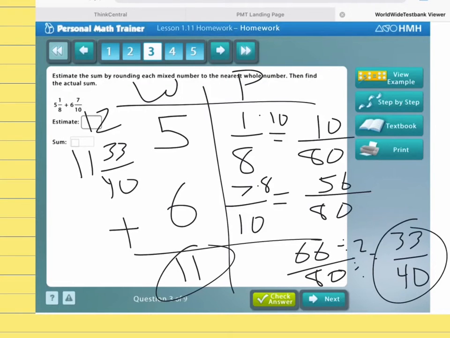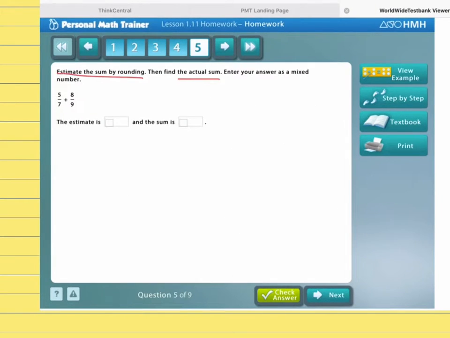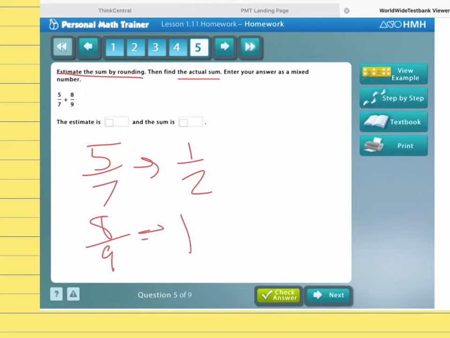So that is a reasonable answer. Problem number 5, again, we're estimating by rounding. So we take 5/7, and we're going to round to, you could do a benchmark, you could also do a whole number. Think Central doesn't tell us what we should be doing, but I will go ahead and use a benchmark. 5/7 is going to be close to a half, and 8/9 is going to be close to a whole. So by rounding those numbers to a benchmark of 0, 1/2, and 1, you'd end up with an estimated